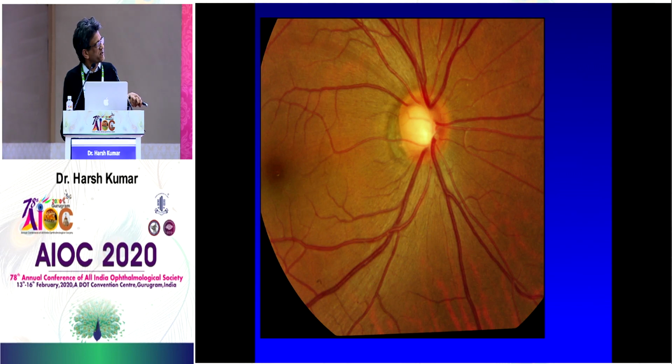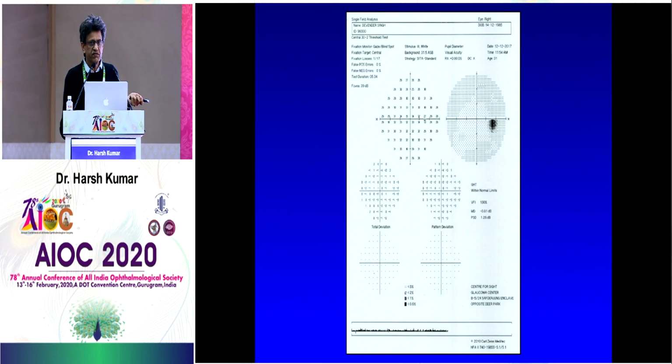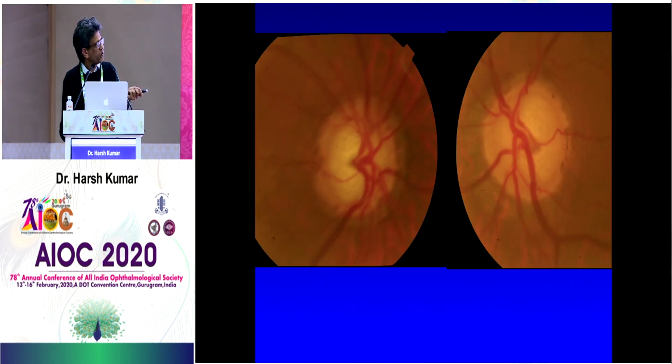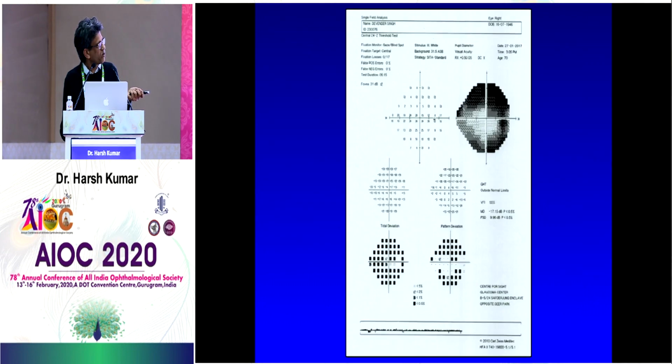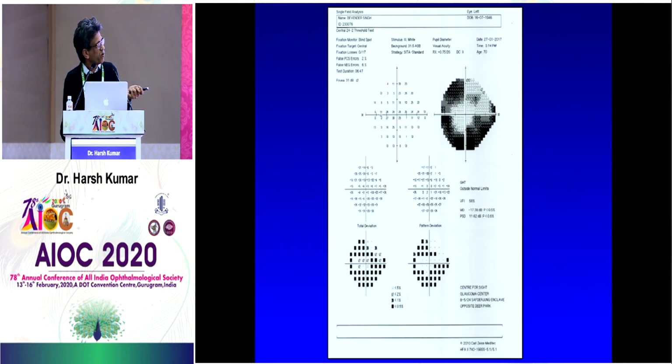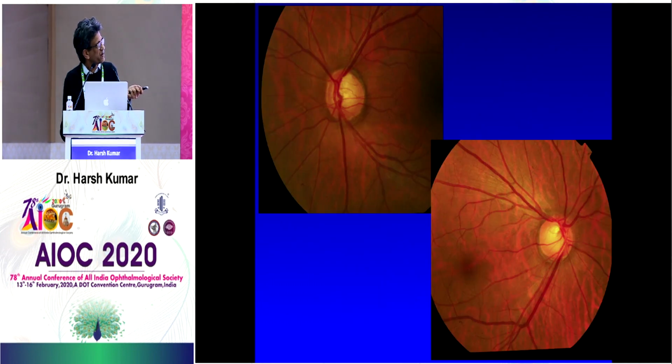So what about this disc? How are the striations? All white and nice. Okay? So the field is normal. Okay, this is not very clear, but you can see that there is a tilt of the vessels here. The entire thing from here to here is gone, and you have lots of defects in both the fields.